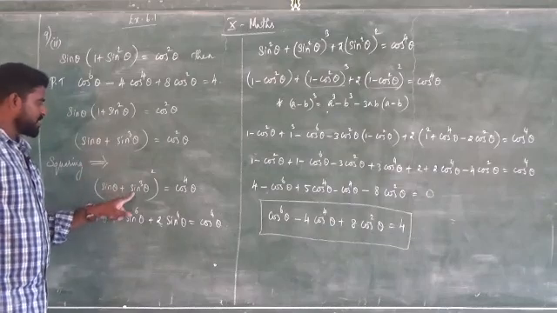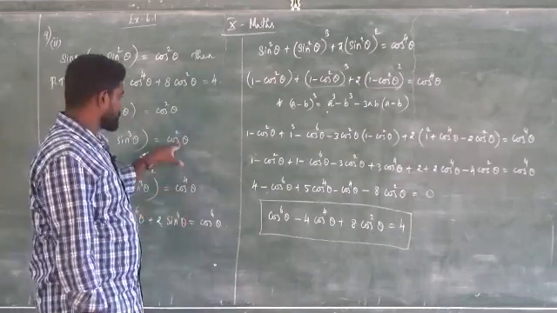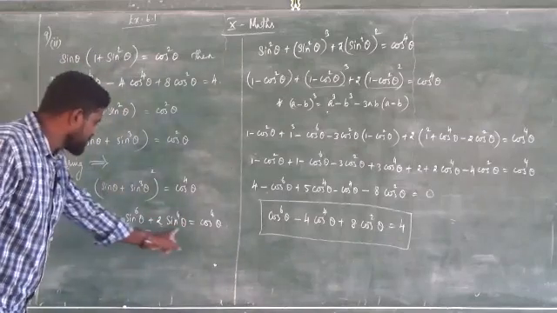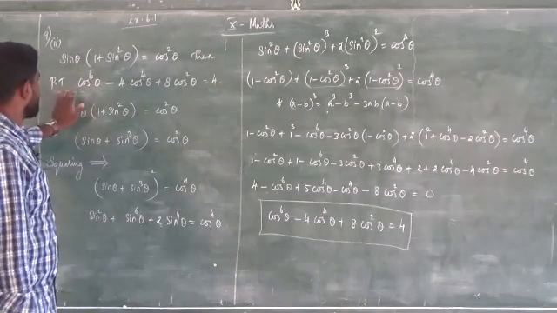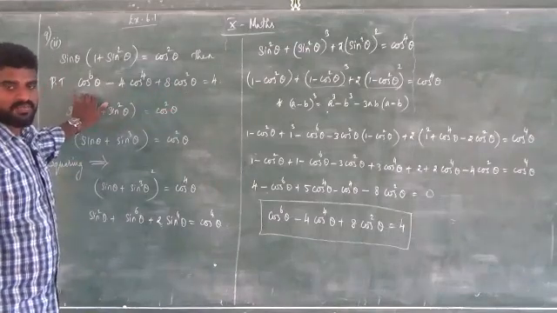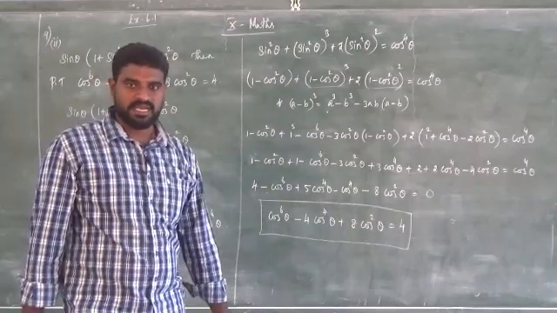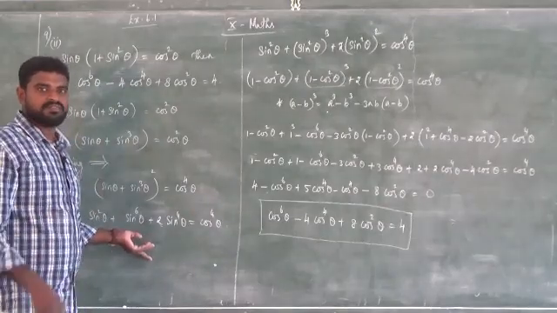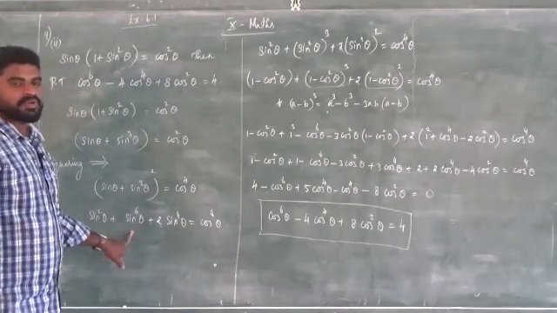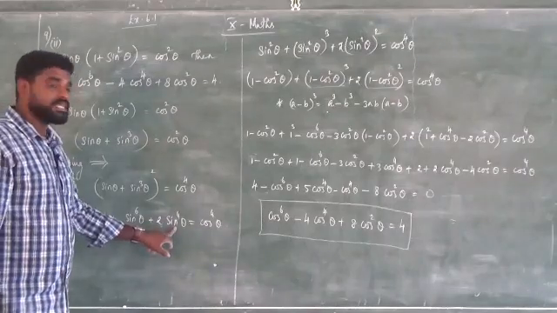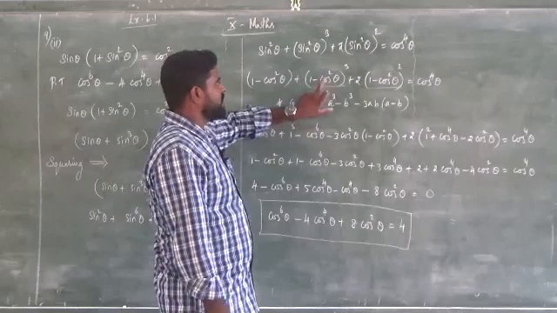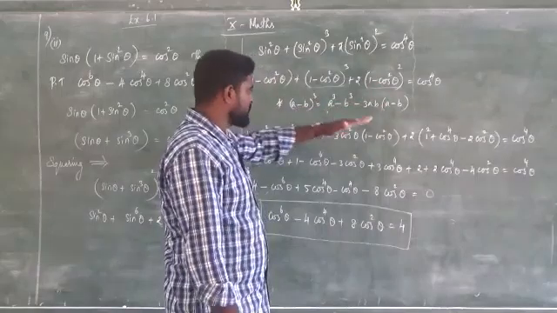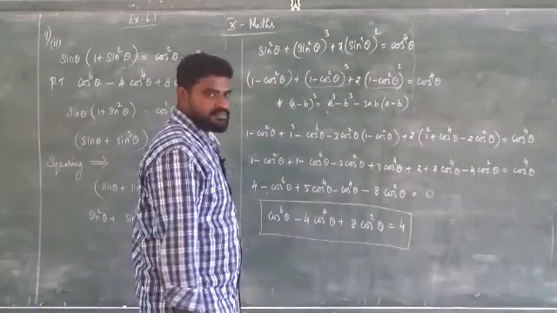Sin theta plus sin cube theta whole square equal to cos power 4 theta. Cos square becomes cos power 4. Then use the a plus b whole square formula. Here everything is in terms of sin, but in the proof we need to prove it only in terms of cos. We know that sin square theta is 1 minus cos square theta. So change everything in terms of sin square, then we can change it in terms of cos square. So sin power 6 can be sin square whole cube, and sin power 4 is sin square whole square. So two formulas here, a minus b whole cube and another one a minus b whole square. So substitute the formulas, then expand, and we will get the answer.